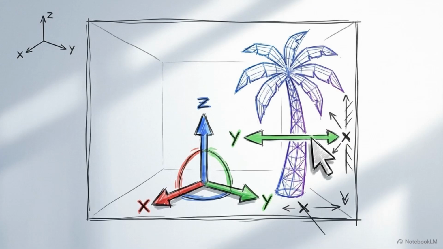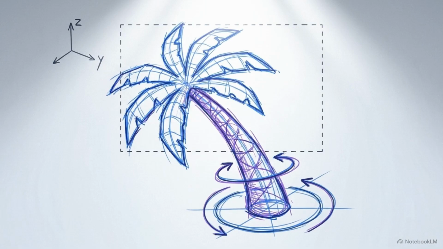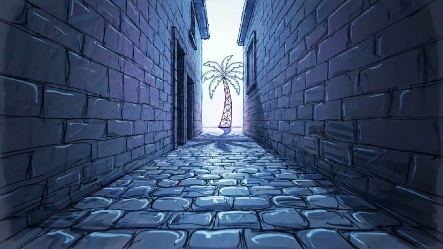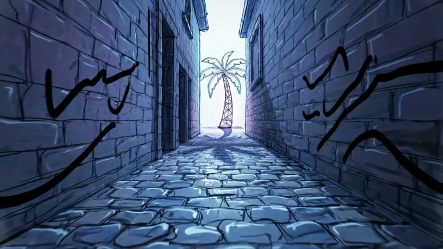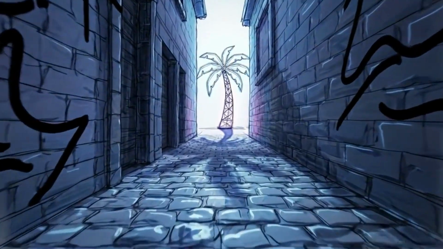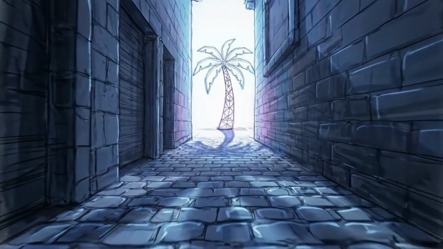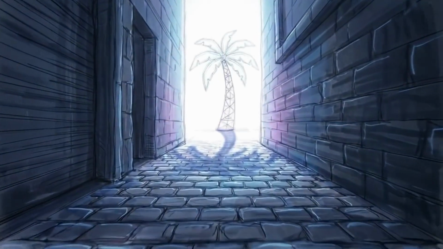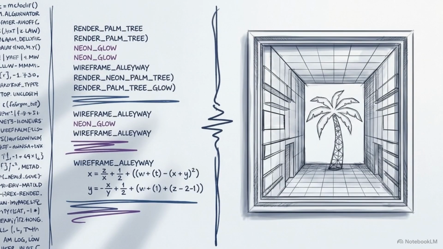Automation does not prevent manual adjustments. You can still use standard mouse controls in Blender to move the tree or rotate it for a better camera angle. Finally, generate a camera path. Prompt Claude for a 5-second movement that approaches the tree from the alleyway entrance, simulating a walking perspective. This process uses AI to handle the technical assembly, while you maintain control over the creative direction and framing of